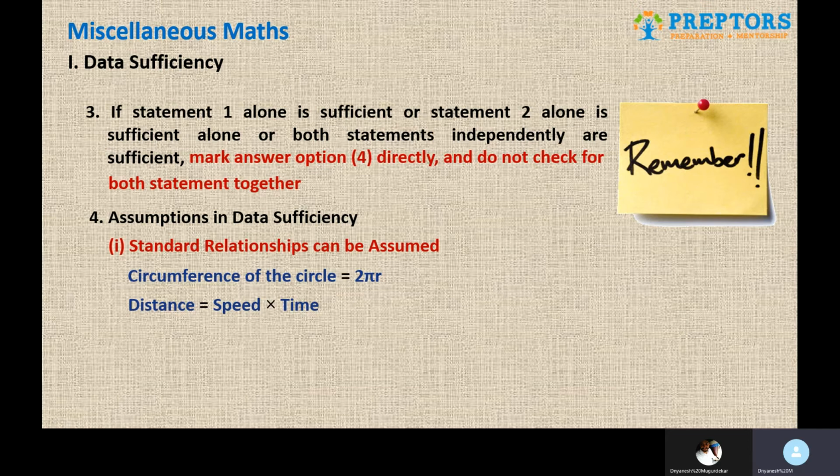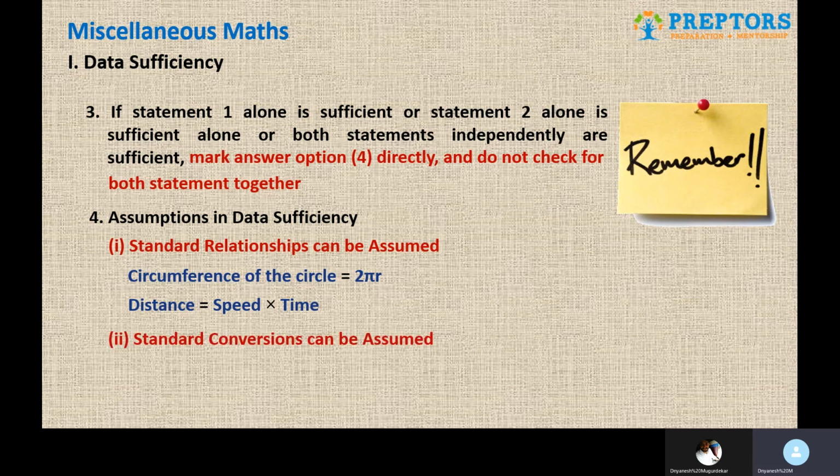And that is why, if you remember, I said at the beginning itself that this topic is different because the structure is different, but the rest of the concepts from all other chapters, whether it is number system, geometry, percentages, ratios or time, speed, distance, everything is going to remain the same. That doesn't change. So those ideas you need to know, which will help you to solve, but this structure is what you are going to follow.